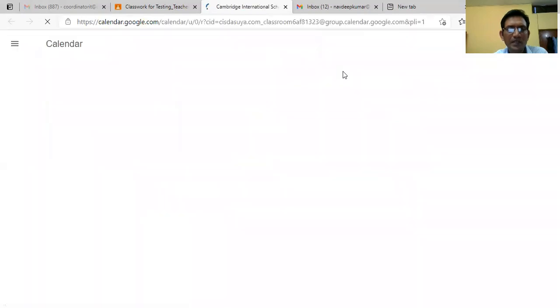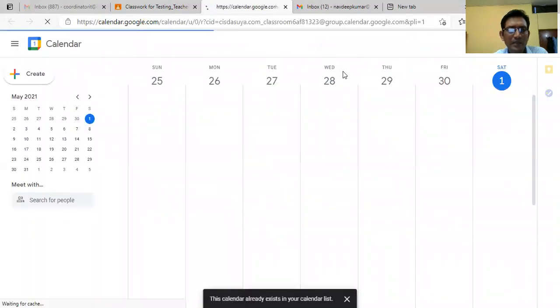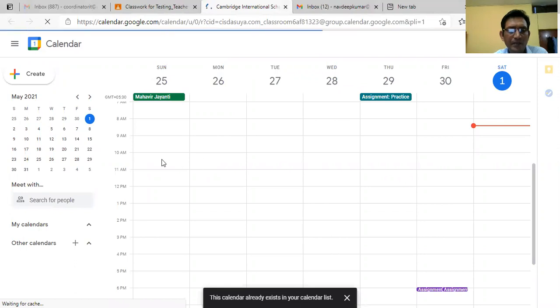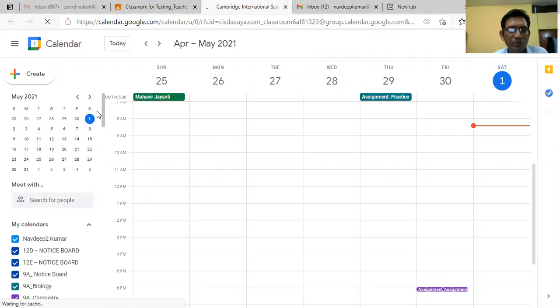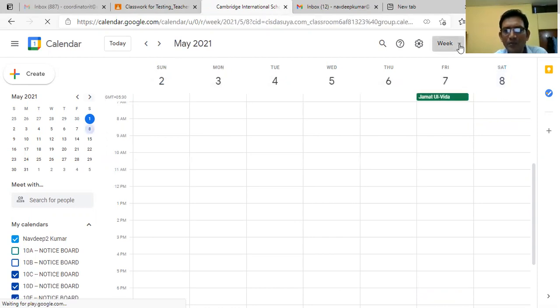it is opening up in a new tab, and I want to see, because the Google Calendar is attached with our classroom. So let us say I move to the week, let's say it is still opening.